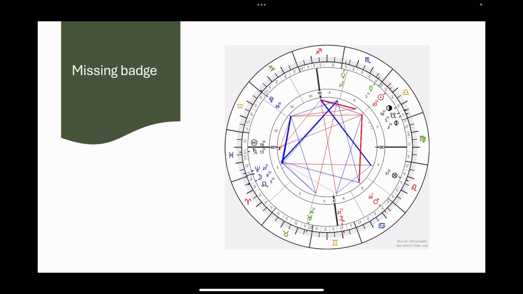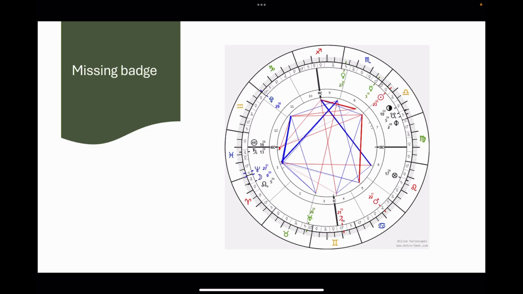So I just wanted to share that brief demonstration on how I was able to cast a chart in order to help her find her missing badge. Now, funny enough, her husband is a skeptic. So when she told him what happened, he basically told her that I stole her badge and hid it in the wagon and came up with this cockamamie story of where it was at, which is a bunch of bullshit. Skeptics of astrology really trip me out because they will jump across the moon in order to invalidate astrology. It's just the craziest thing ever. But nonetheless,